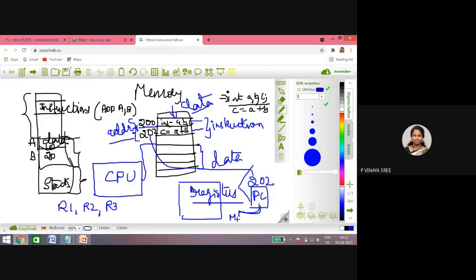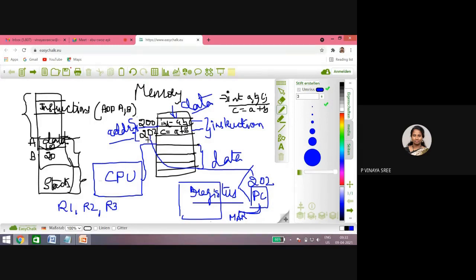memory address register. Let us consider you will be having an address register. The currently executed instruction's address will be given to that, and next it will be incremented. Now suppose the processor executed this 200 instruction. Next, the processor is executing 202.